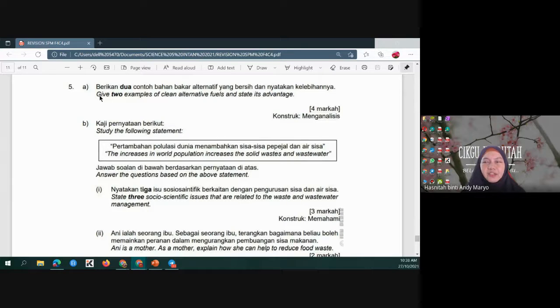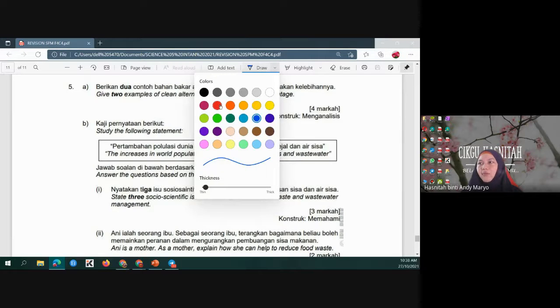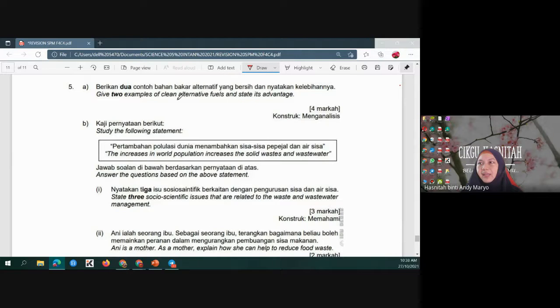Okay, so let us check on our essay question for today. It is question 5. There are a few questions there. In question 5A, as you can read there, you have to give 2 examples of clean alternative fuels and state its advantage. So first and foremost, you must understand the meaning of clean. Clean fuel. Clean means,